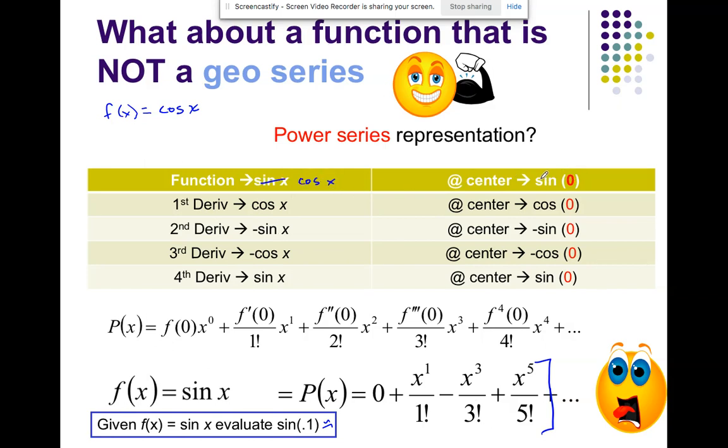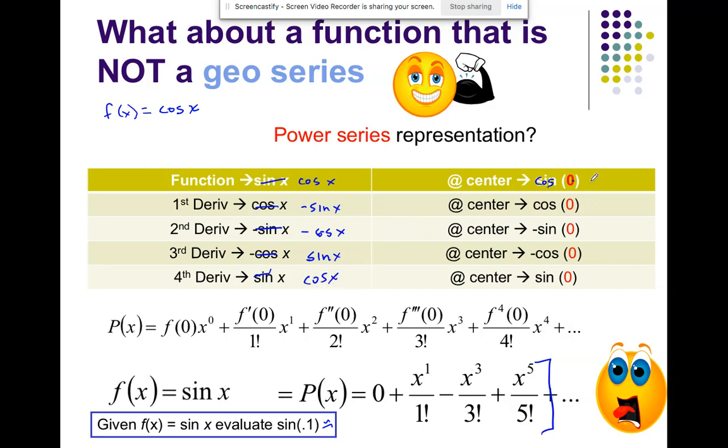It's a Maclaurin, so you're going to have center still at 0. Your first derivative is negative sine x. Your second derivative is negative cosine x. Your third derivative is sine x. Your fourth derivative is cosine x. Plug in